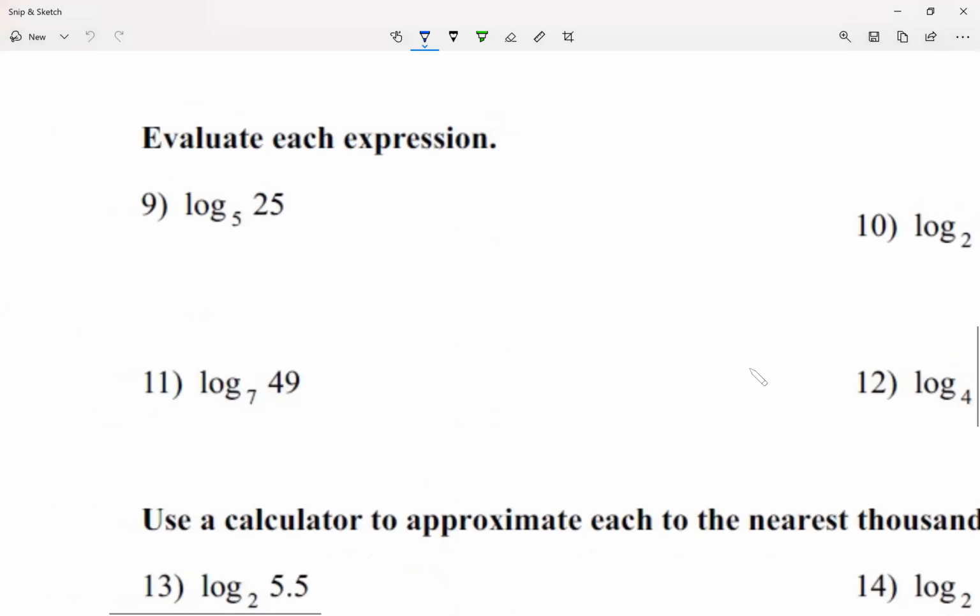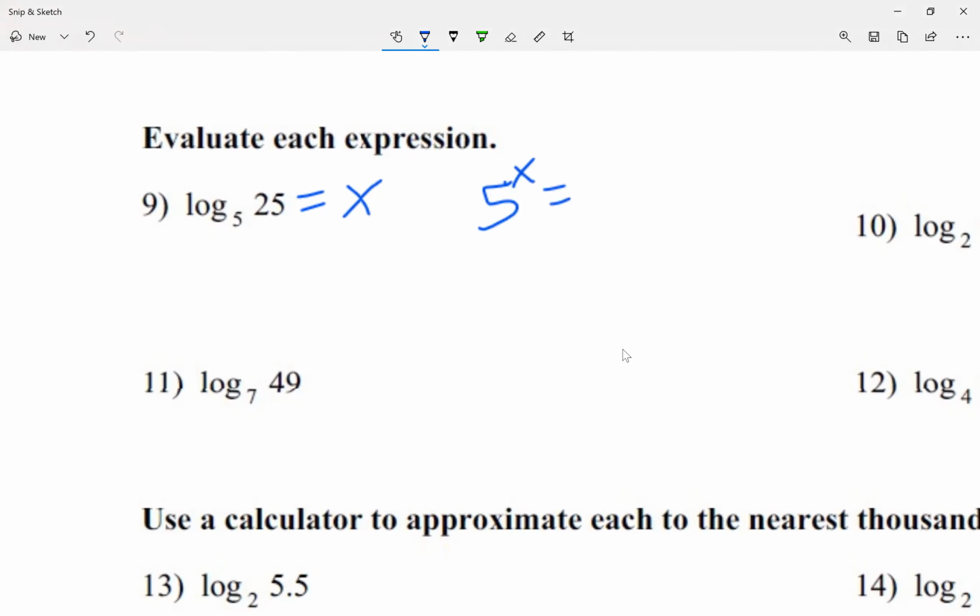Here I'm saying evaluate each expression, log base 5 of 25. All right, for starters, I'm going to evaluate it. So I have to find out what this is. I'm going to say this is equal to X. So I have no idea what it is equal to. Okay, now let me set this up in exponential form. Let me rewrite this as 5 to the X